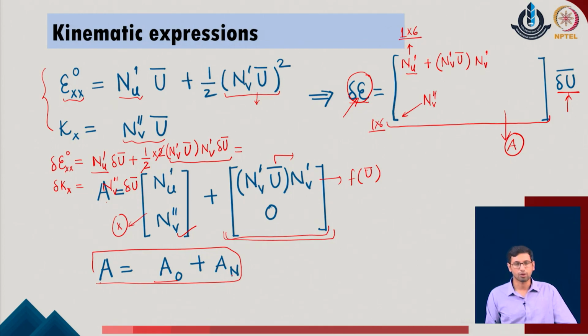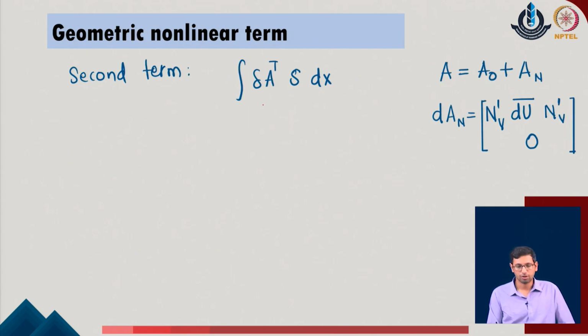So, we will just try to add both the contributions to get the net value. As a second term, we got this parameter which is del of A transpose S into dx in the given problem. To substitute the value, we identify that the d of A in the given problem can be written as the standard value like this. Now, as a variation in the d of A, we realize that A is made up of two parts, which is A naught and A of n in the given problem.